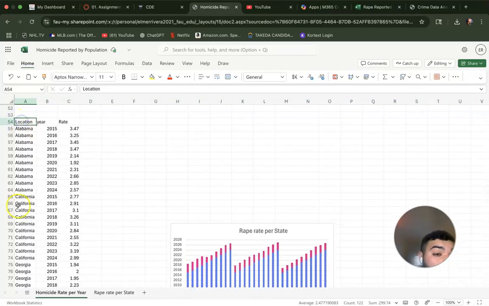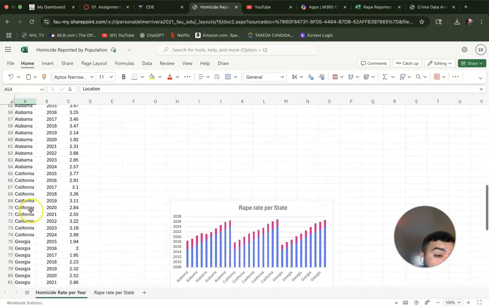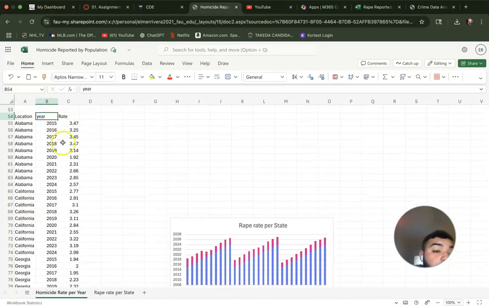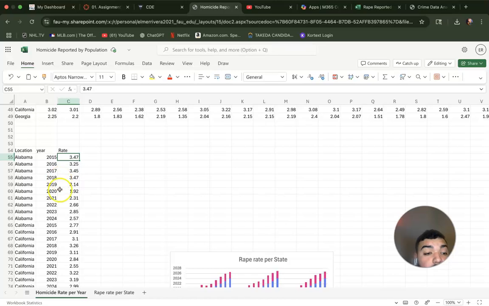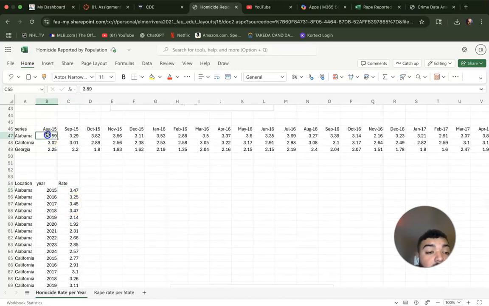I created a column for the location, which is Alabama, Georgia, and California, and then my years from 2015 to 2024. And then the average for each state per year, which again I calculated of every month of each year